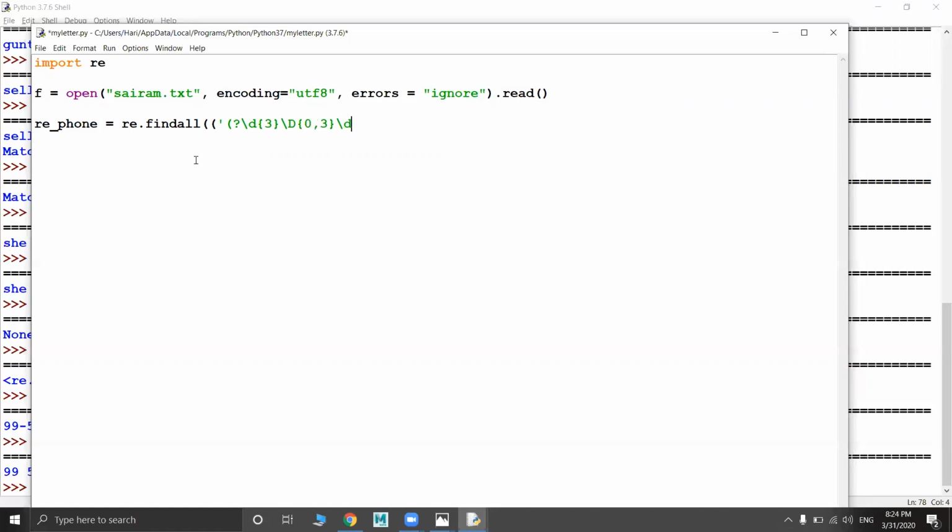And then taking small d, and then taking capital D. So you have a total of 10 numbers. So based on that, I am taking.